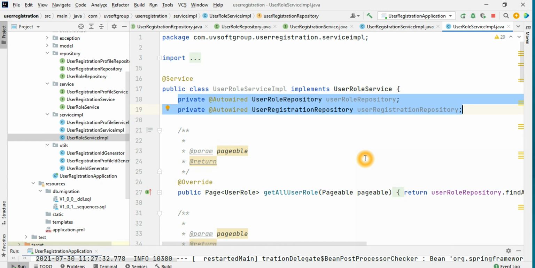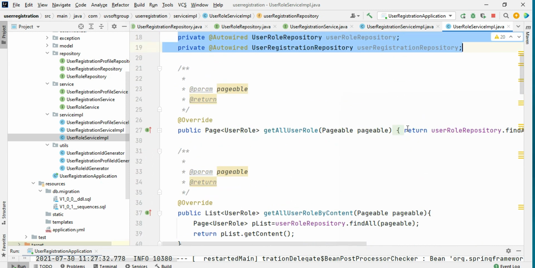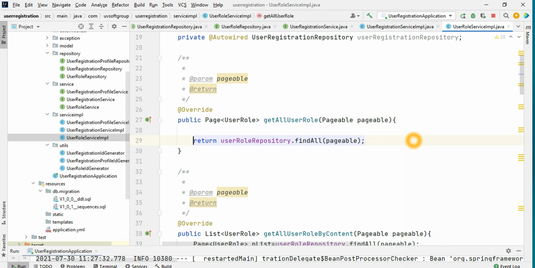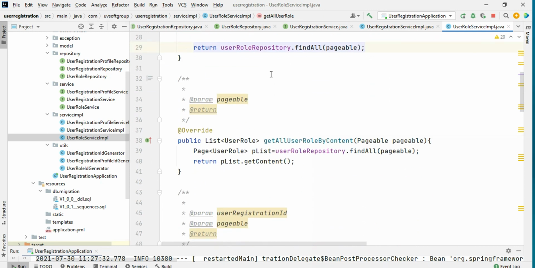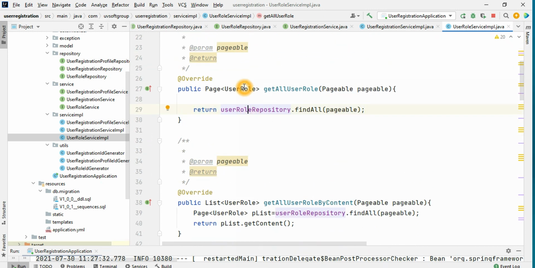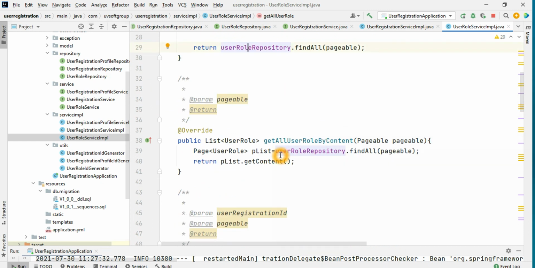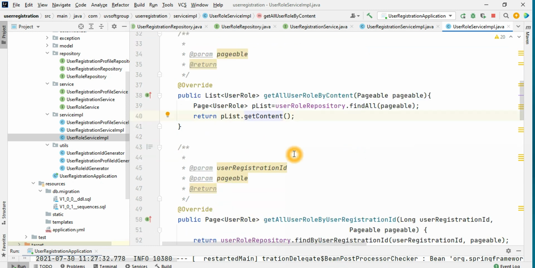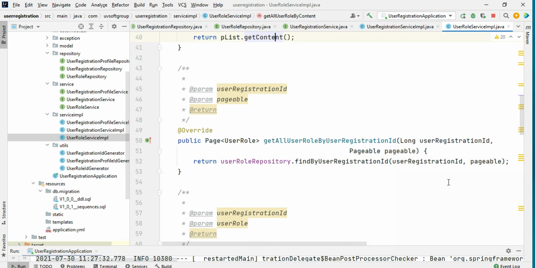That's why I said this is really a professional way to call different repositories and build your own service definitions. How can you build your own business logic? That is how it's created. So it's a find all, and you see the find all case. It's very simple. We are looking for all the user roles with the pageable functionalities, and we also find all with the page content of all the users, and then we find